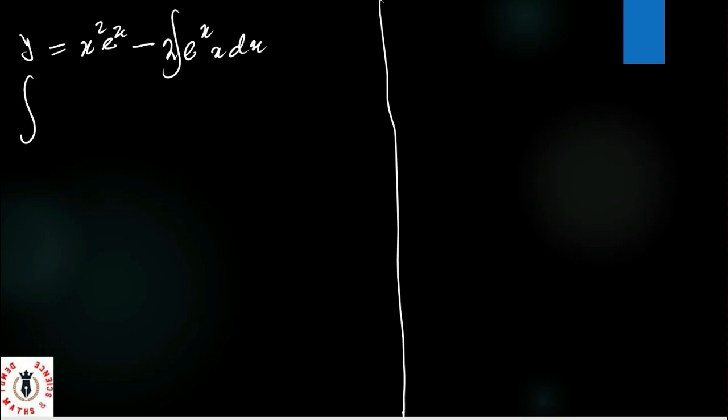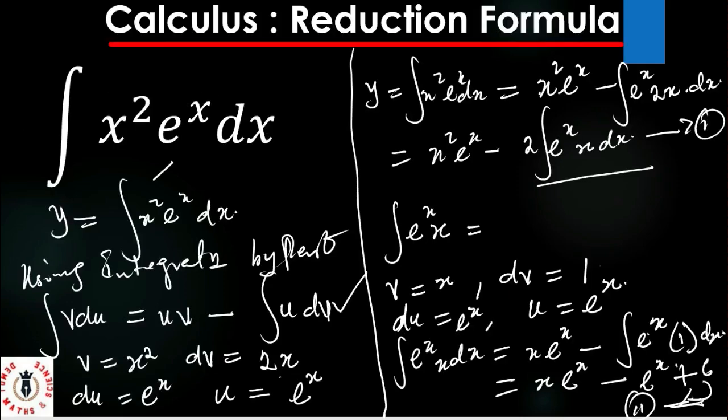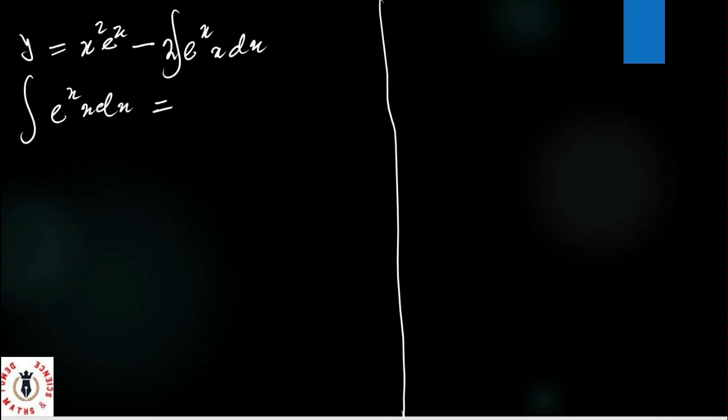We have gotten that the integral of x e raised to power x dx is x e raised to power x minus e raised to power x plus c. So that y now will be the same thing as